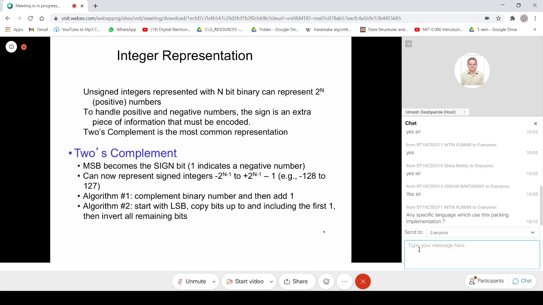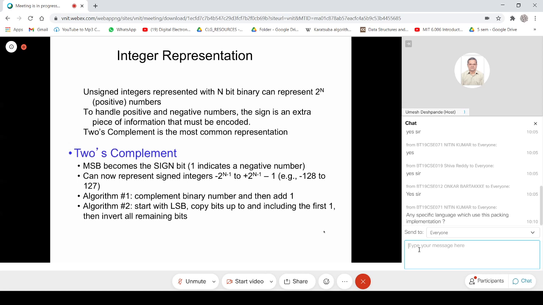If you see carefully here, if we have an integer of say 8 bits, so if we just consider n of size 8, then the range becomes minus 128 to plus 127.